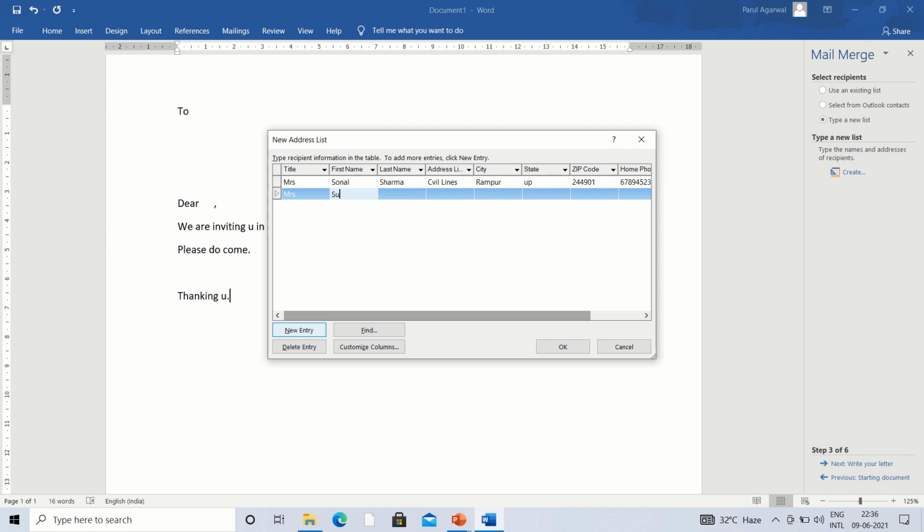Suppose Suman Arora, Vasant, then UP, then the code, then the number, like this. We can have a number of addresses over here.